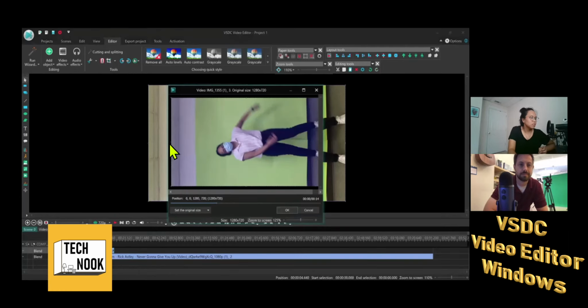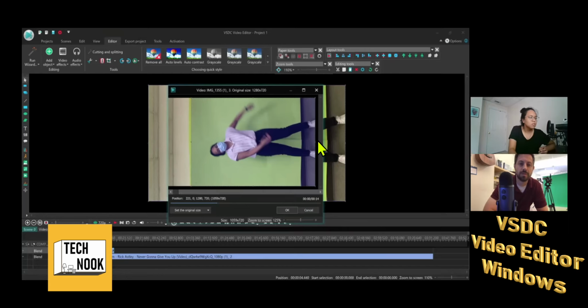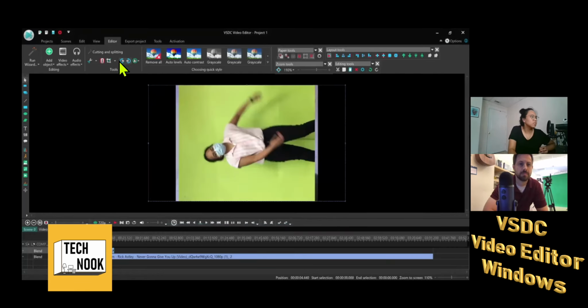Crop myself. I think this program allows you to mask, but I don't know how to do that yet. There you go. Crop. Okay, so I don't have any feet right now, but that's okay.